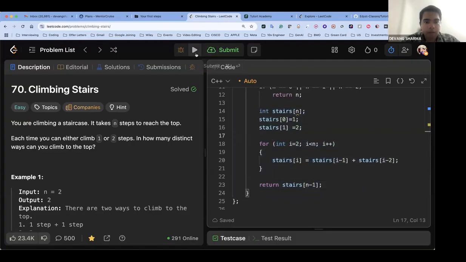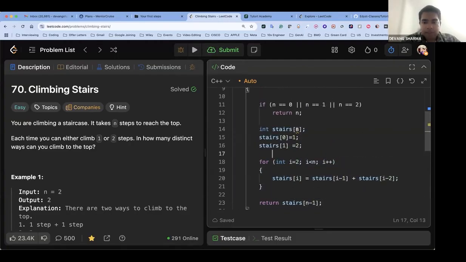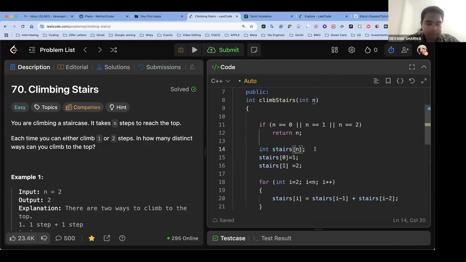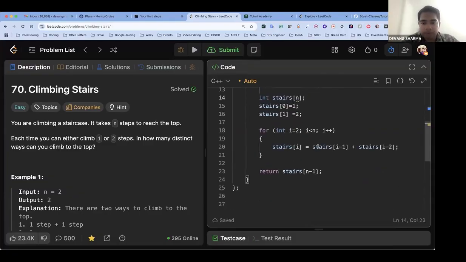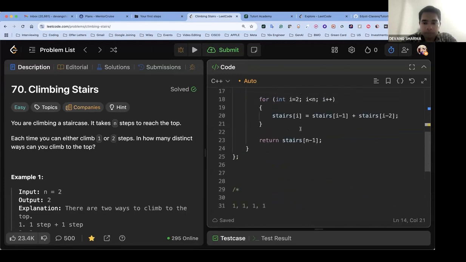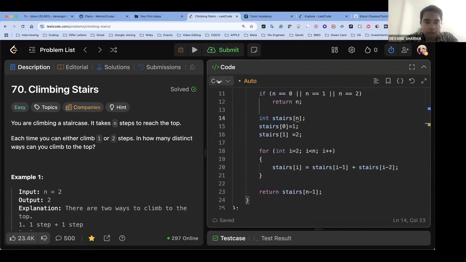Okay. Why stairs of n? As I said, if you want to keep 0-based indexing, you can keep n. If you want to keep 1-based indexing, you can keep n plus 1. I'm keeping 0-based indexing here. So stairs of n minus 1, that's why I create the stairs array of size n. So n minus 1 is representing the nth stair. If you want to do it with n plus 1, you can do that also. Okay. All right. If you compile this,